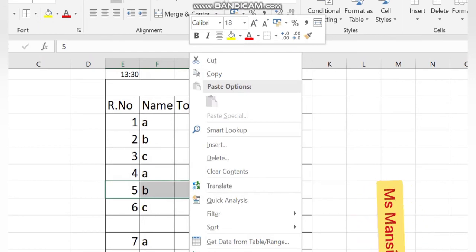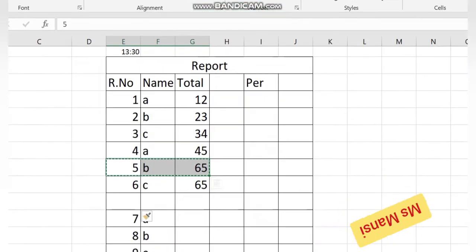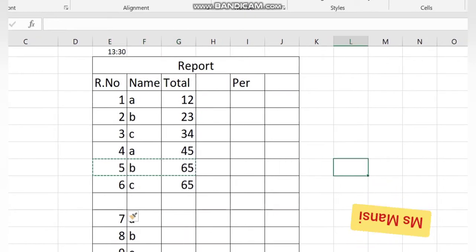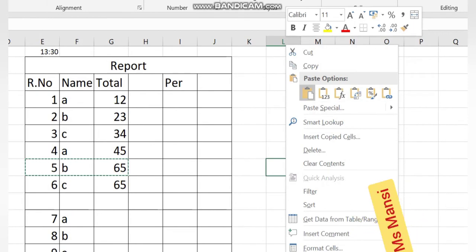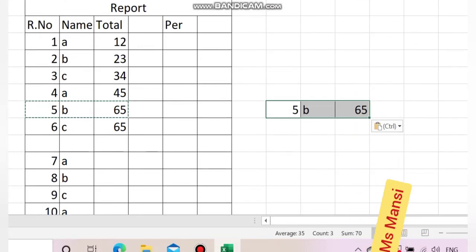This is your Copy option. Okay, so click on the Copy option. Now you want to move here. Simply select the cell, then right click, then click on Paste. So this is the way how you will use copying and moving data. Clear?